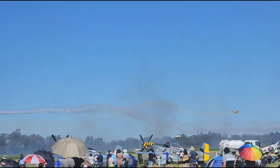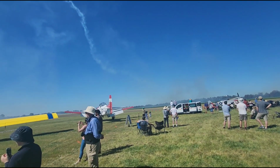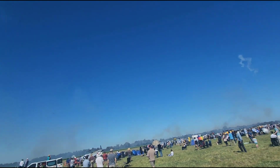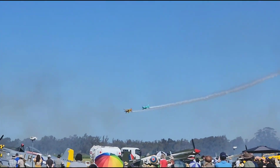And again, here's the head in a rolling pass. Incredible precision from these guys. Did you get that on camera? They have done this hundreds and hundreds of times and practiced it. Remember that the blue pilot,